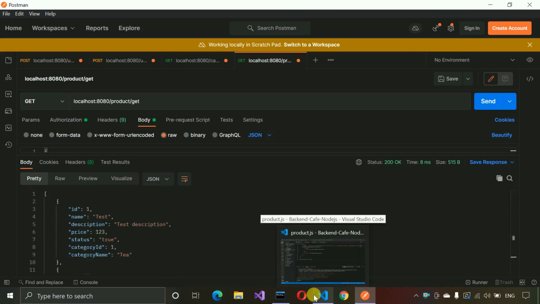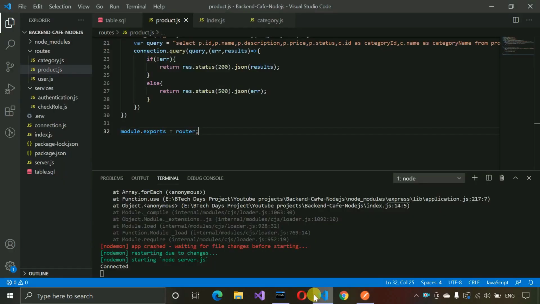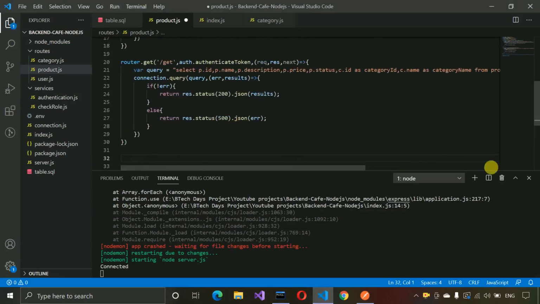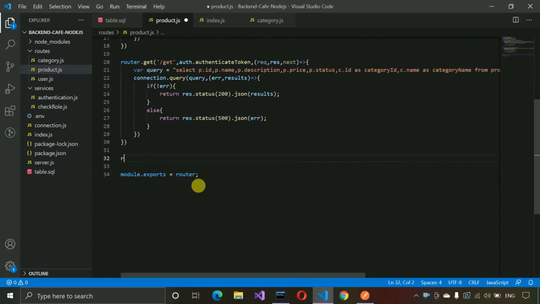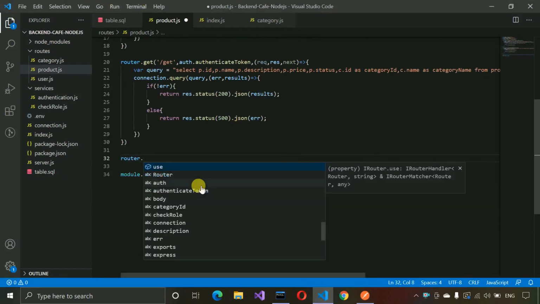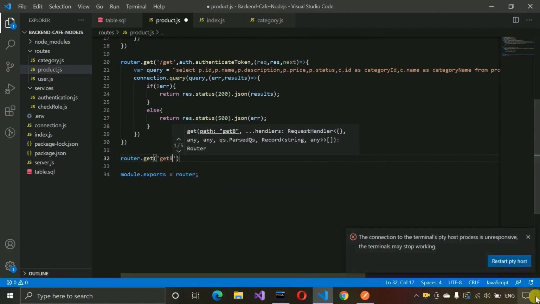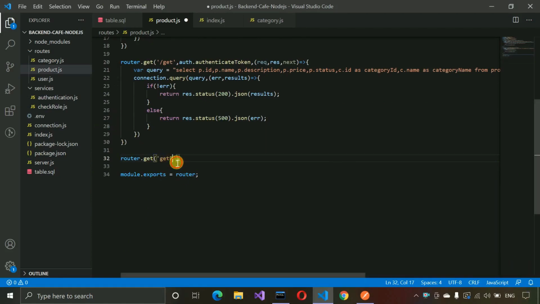So now we will move forward to write other APIs of this product. So let me open this, and here let me delete this one. Not delete, actually we stopped that. Okay, after that, another get API we are going to create. Basically, on the basis of category we are going to get. Okay, so get by category